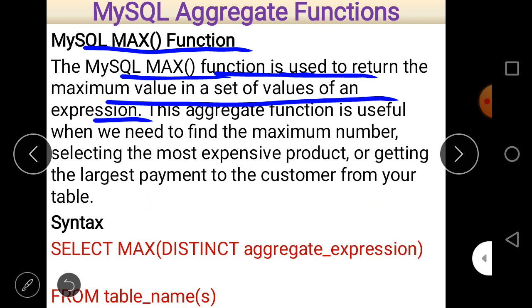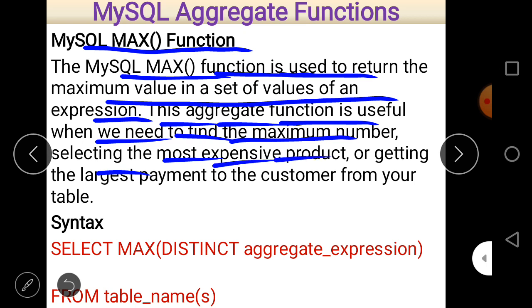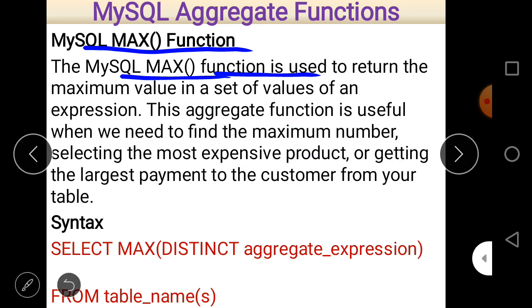This aggregate function is useful when we need to find the maximum number, select the most expensive product, or get the largest payment to a customer from your table. So this is the application of the MySQL max function.